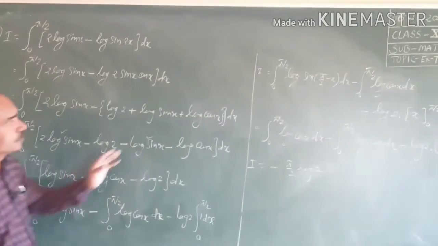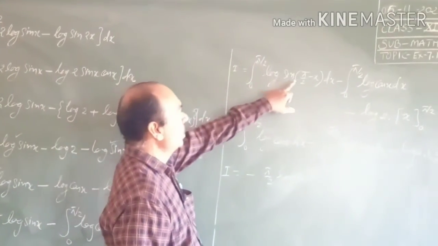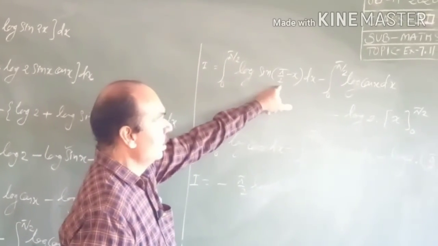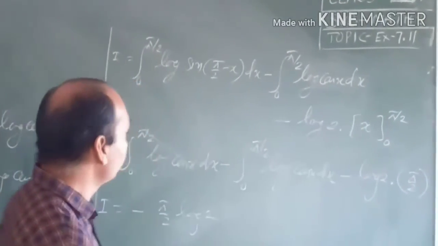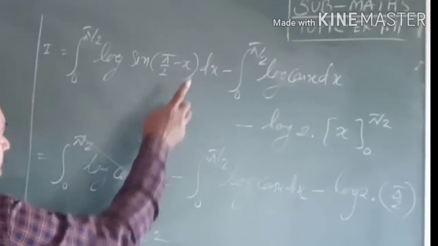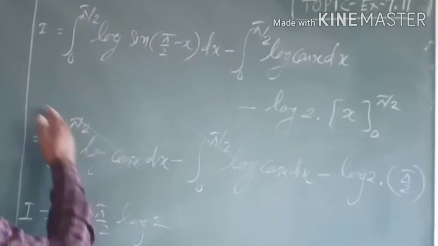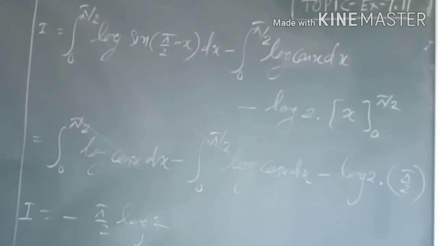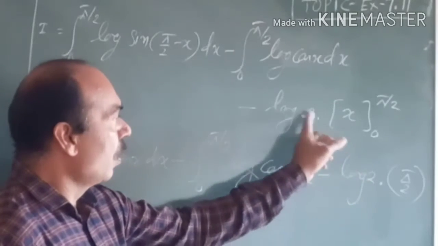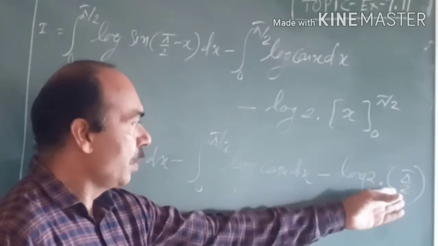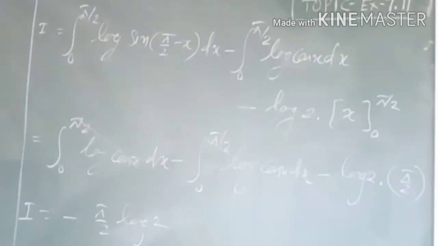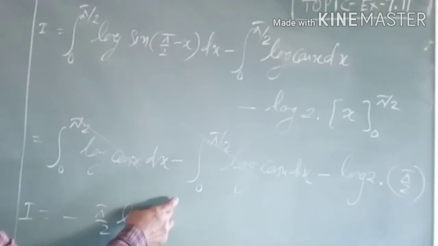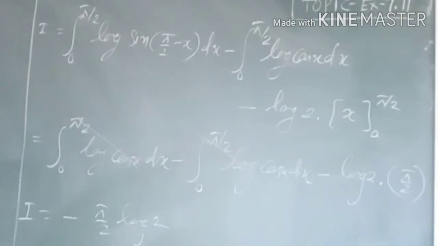So let's see here. Integral 0 to pi by 2, in place of x write pi by 2 minus x and the remaining term as it is, and in place the integral of 1 is x. Sin of 90 minus theta is cos theta, so it is log cos x and log cos x, it will be cancelled out. So our answer is only this one, log 2 and upper limit minus lower limit, it means only pi by 2. So write pi by 2 first, so minus pi by 2 log 2, and if this minus sign you transfer here, then 2 to the power minus 1, then it will be 1 by 2. So I think it is much better: minus pi by 2 log 2.